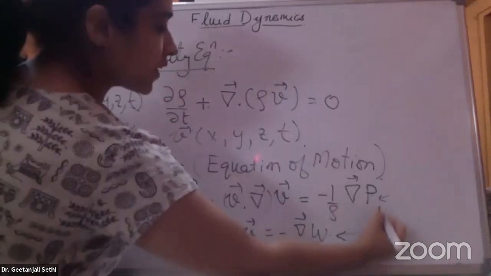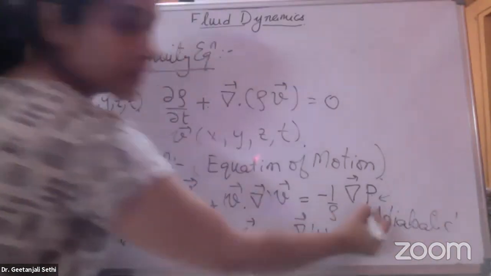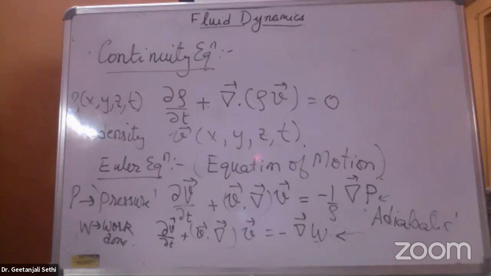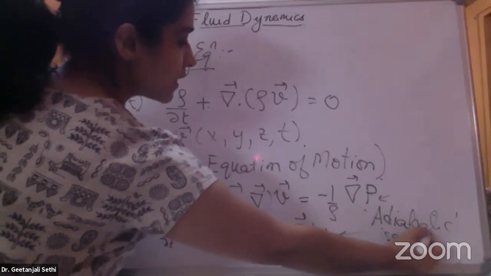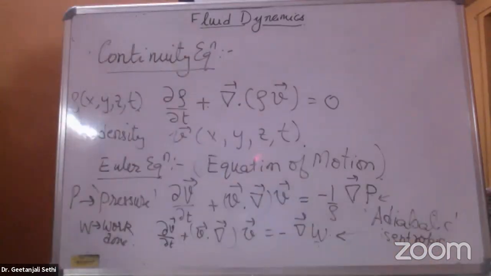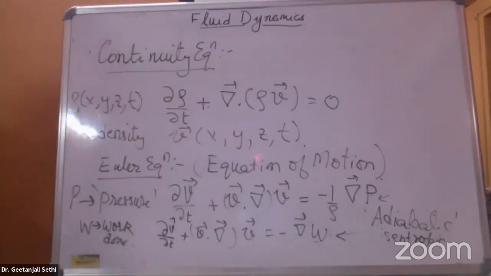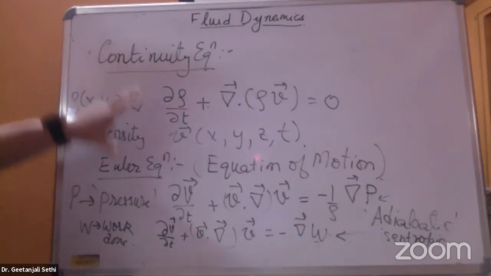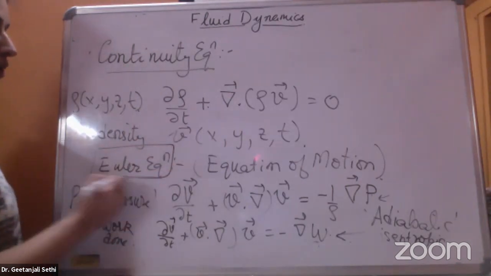We got this work done for the cases where my system is a non-viscous, a non-lossy system, and my process is an isentropic or an adiabatic process, so that the entropy doesn't change. And from there, we had written down Euler equation in terms of the work done. Right? So these were the two equations, the continuity equation and the Euler equation